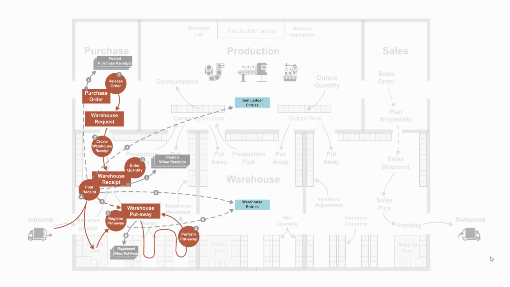I will show you a complete warehouse flow in Business Central with a location that uses directed put away and pick, meaning the big check mark. It looks like this if you see it from a flow perspective. I'm going to show you how it looks in Business Central when you use both purchase orders, warehouse receipt, and warehouse put away. It's all controlled by the check mark with the directed put away and pick. Let's see how it looks in Business Central.